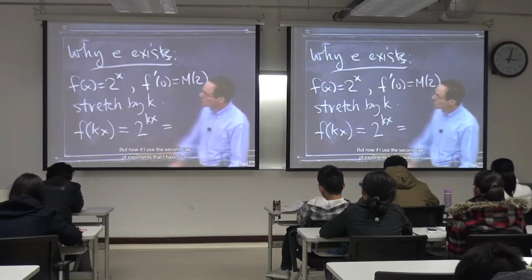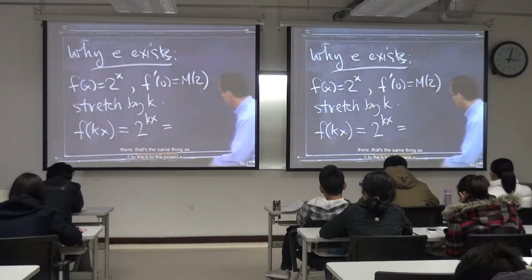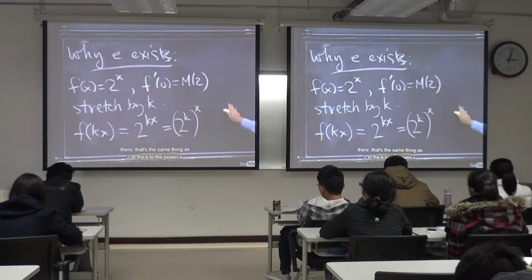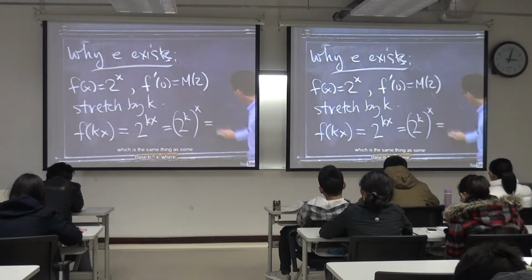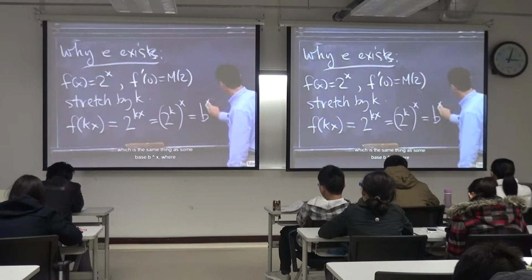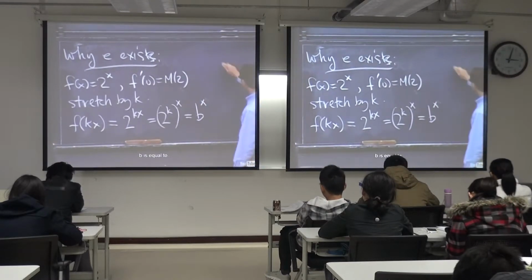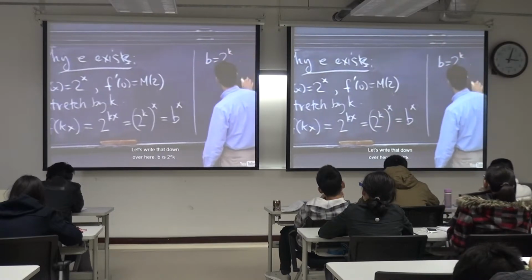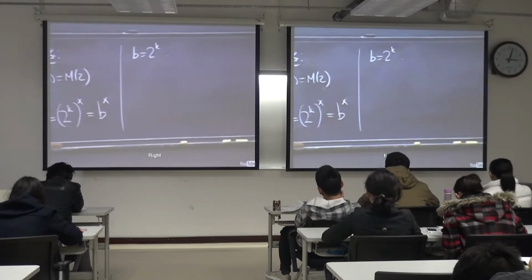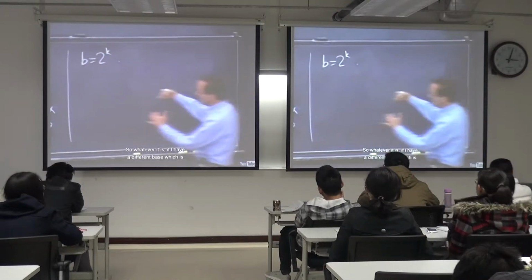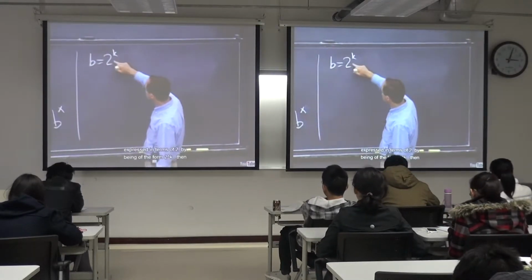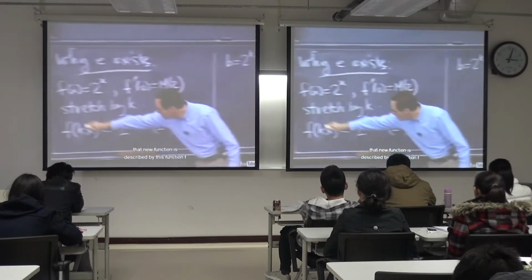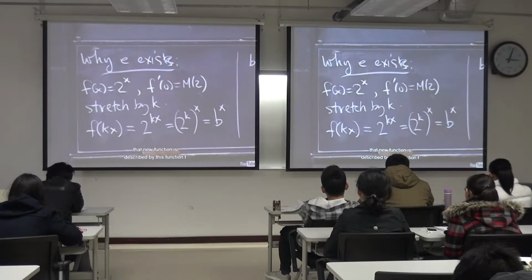But now, if I use the second law of exponents that I have over there, that's the same thing as 2 to the k to the power x, which is the same thing as some base b to the x, where b is equal to, so let's just write that down over here, b is 2 to the k. All right, so whatever it is, if I have a different base, which is expressed in terms of 2 by being of the form 2 to the k, then that new function is described by this function f